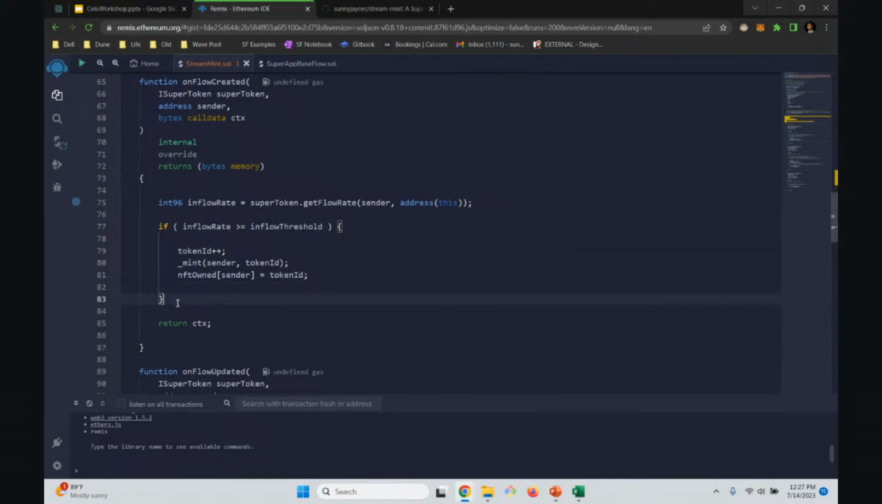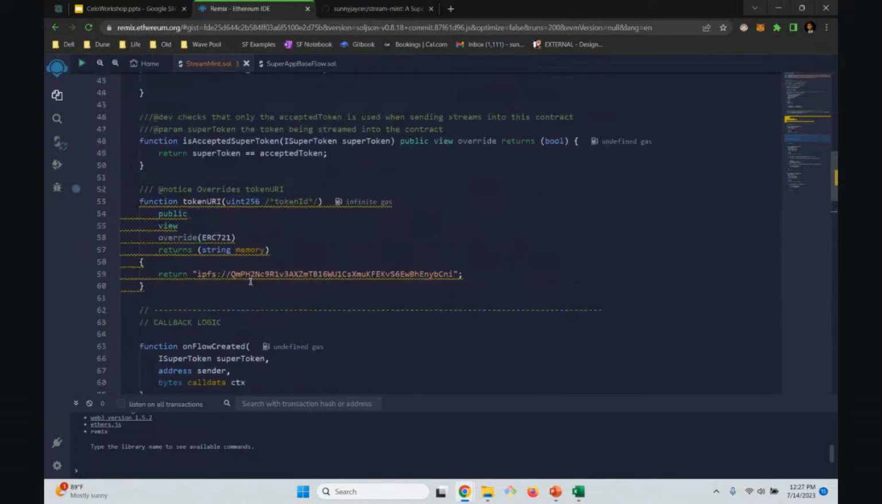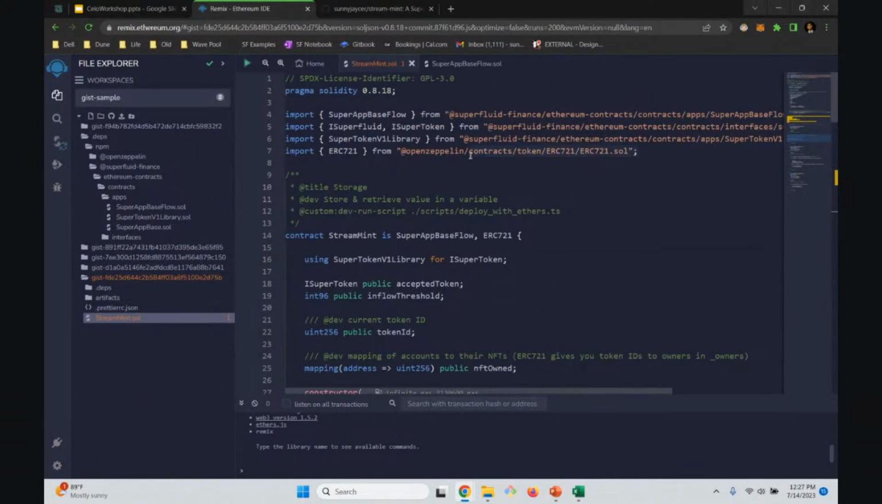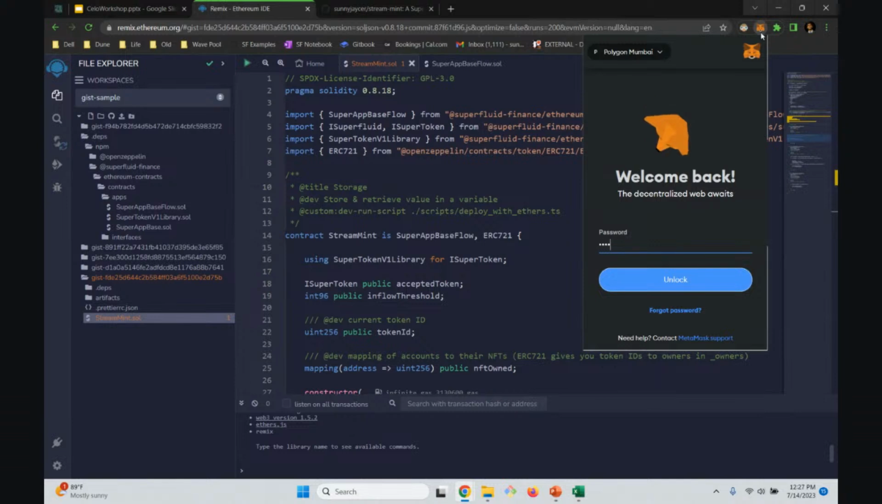I now want to move on to the demonstration part of this and actually deploy this code. Remix makes our life super easy here. So let's go ahead and do that. I'm going to switch my MetaMask to the Celo mainnet right here,